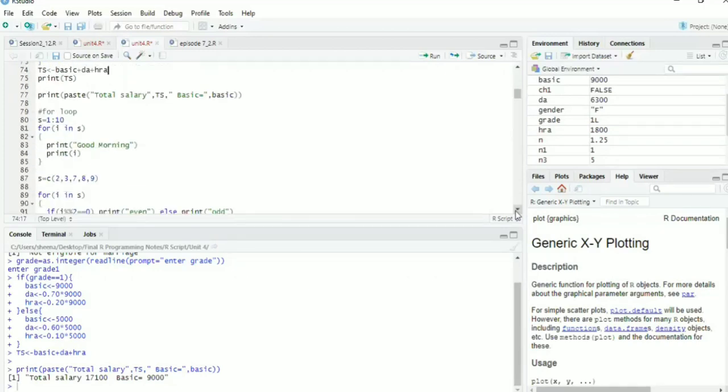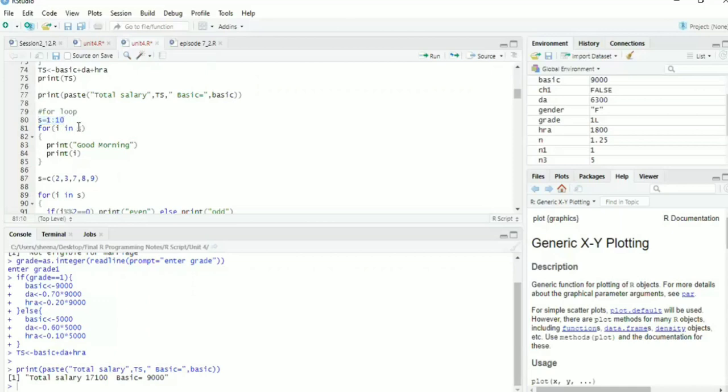In looping, if I want to execute the same statement again and again for n number of times, we will be using a loop. For using a loop, we have a function called for. Using for, you can use a loop function. For any loop, three things are very important: initial value, final value, and the condition. So by default, it creates that. For that, you have to tell a vector.